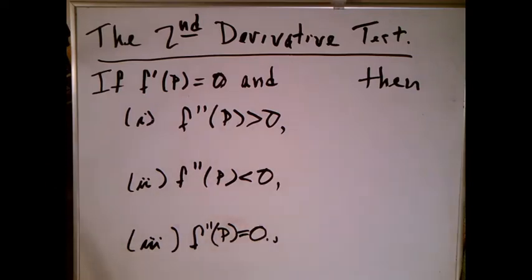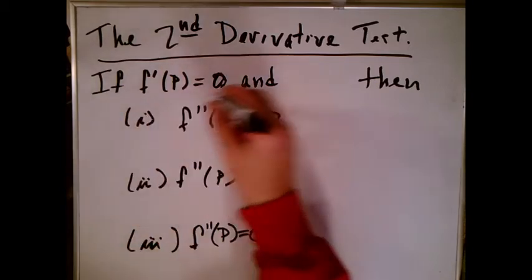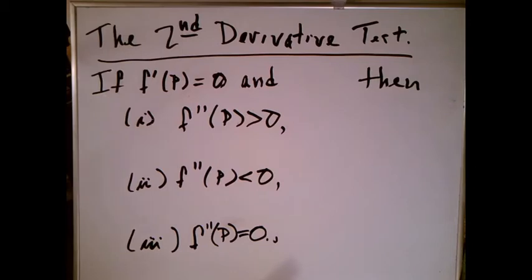Okay, what we're going to talk about here is why the second derivative test works. Now, this is not the second as in we're using the derivative a second time. We're actually taking the second derivative and trying to use it. It only works if you know the first derivative exists, right? Because you have to be able to take a second derivative. So we always start out by saying,